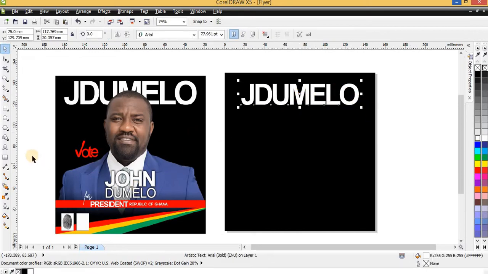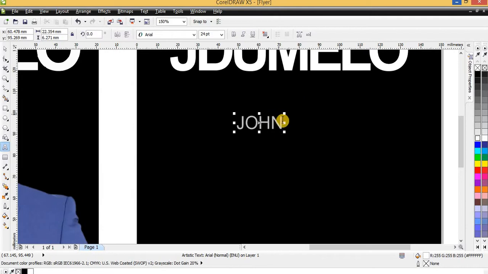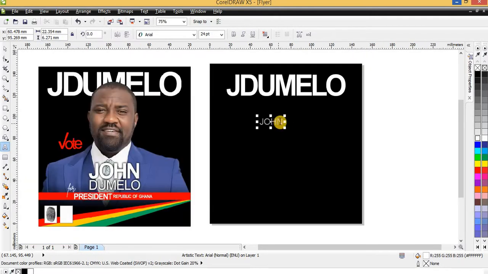The next thing is to type the rest. Possibly don't just type the rest of the characters, and then we move. The next one is John. Wow, can't type it here. Let me color it white first. Okay, John. Double clicking on the text will activate the text tool, or you can as well click on the text tool, or you double click. That's the shortest way to do that. John, then Dumelo, 4, President,